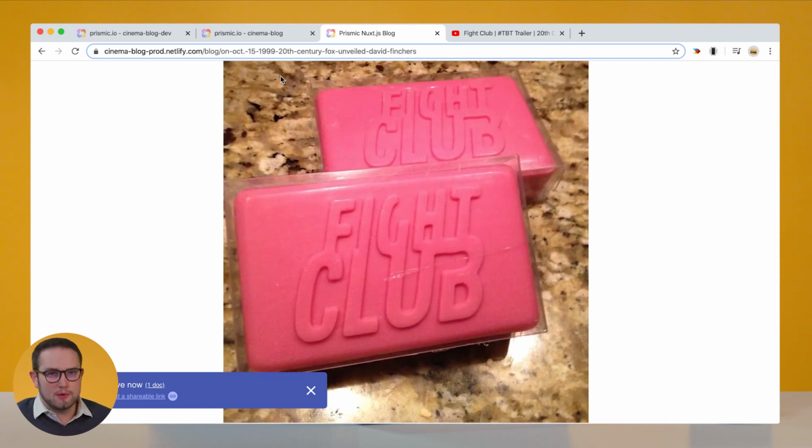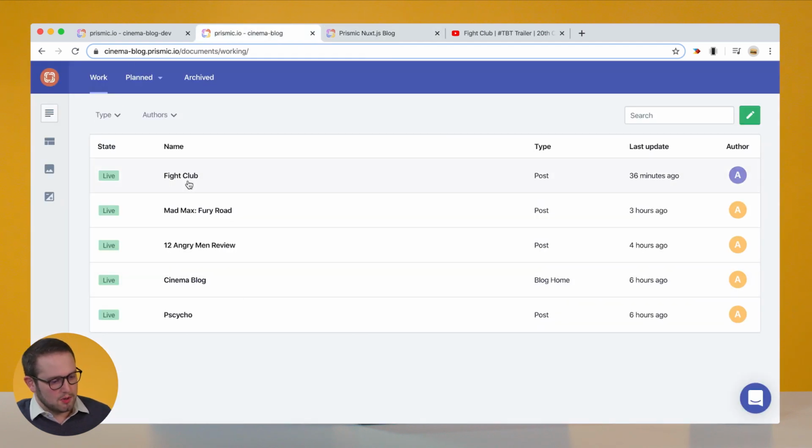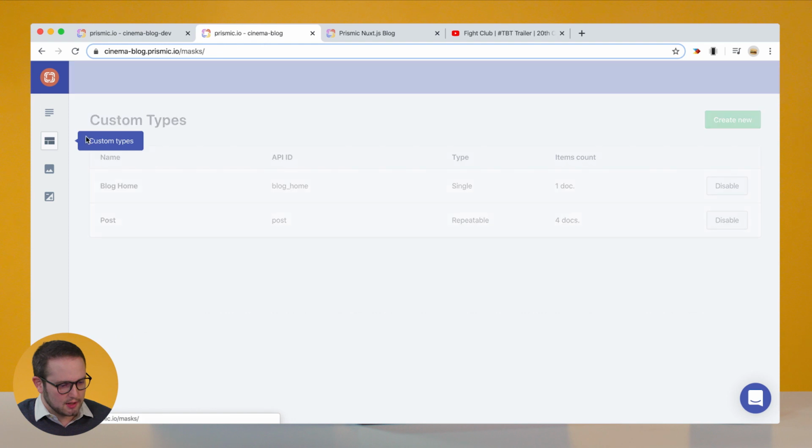So in order to do that, I want to be able to safely iterate on my code base and modify things in Prismic, test them out. So I'm going to use a development environment for that. So right now this blog is running here on Prismic. If I actually go to my custom types and I go to my blog post,